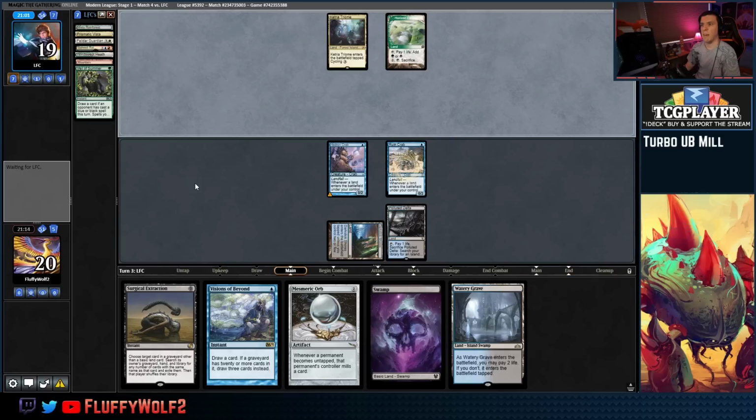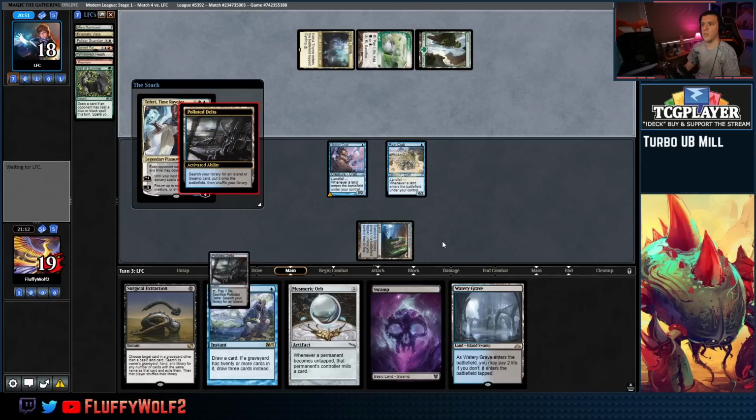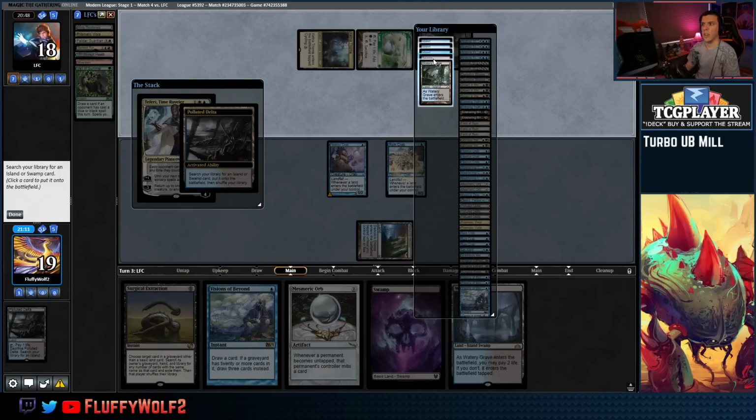I need them to tap out for me to go after one of these. And if they play a Saheeli Rai, that's not the end of the world. I can get it with a get the Felidar out of here. We'll see what they have at 3 mana. So it's Teferi. In response to Teferi, let's go ahead and get...